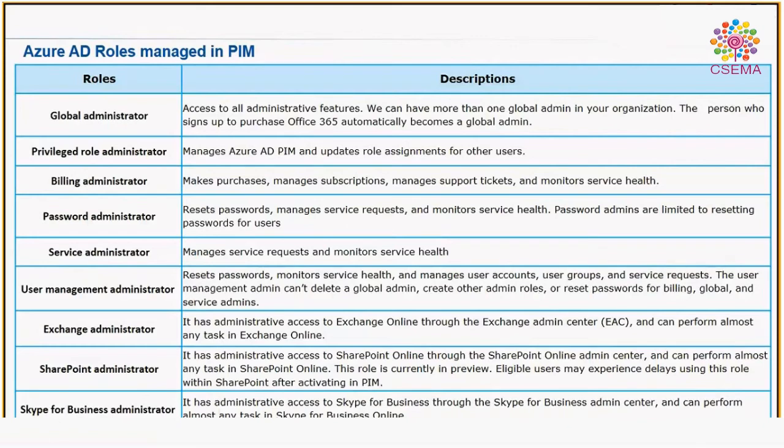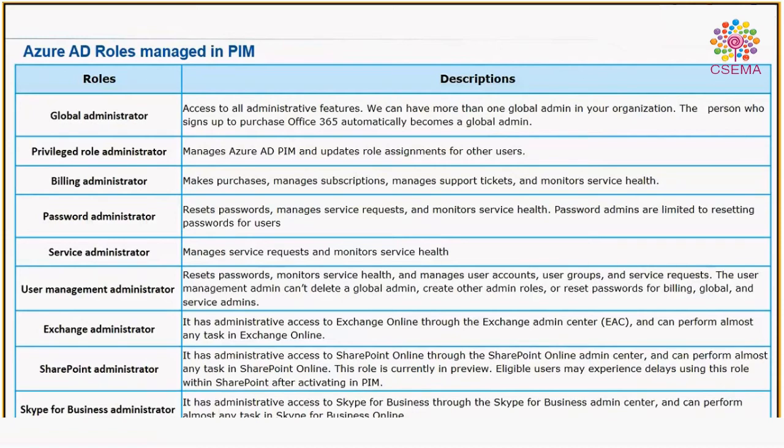But for Office 365, Microsoft is coming up with separate PIM roles. It's called PIM for Office 365, which can be managed directly from the O365 admin center. You don't need to go to the Azure portal. That is still under review, and Microsoft will come up with it by the end of this year, right? But as of now, the roles presented in Azure AD can be controlled, and you can leverage the PIM features for that.